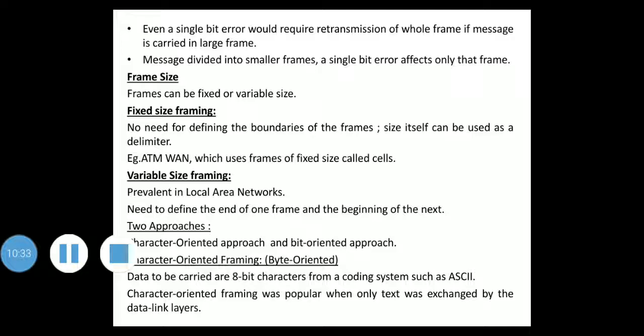To separate one frame from the next, a 1 byte, that is 8-bit, flag is added at the beginning and end of the frame. This flag is composed of protocol dependent special characters that signal the start or end of a frame. So this is the format of a frame in a character oriented protocol.